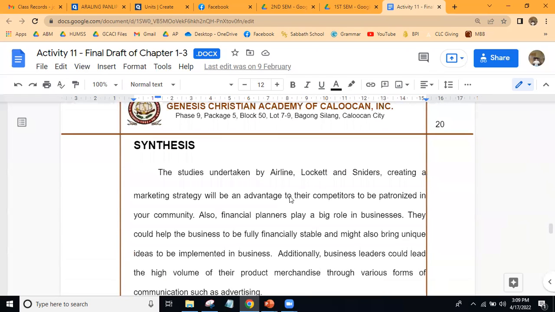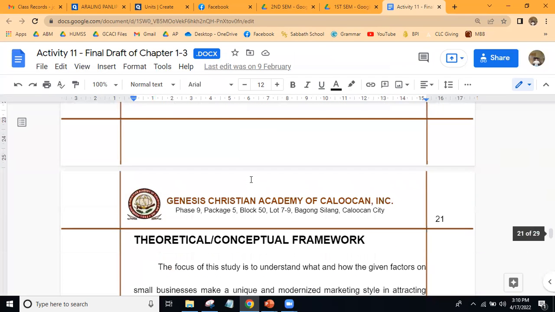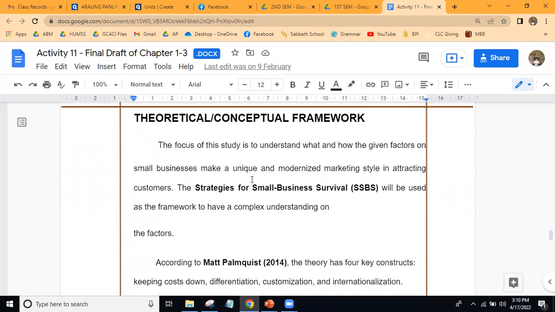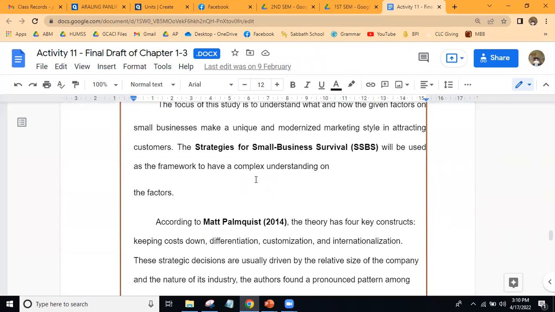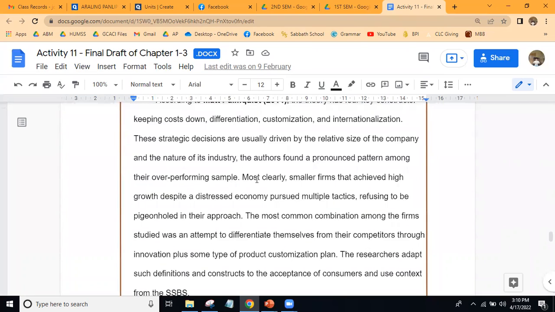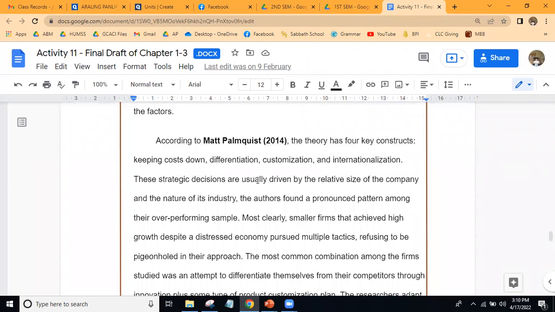But what is their use? It is mostly in the synthesis. We are going to synthesize their study. We will have a comparison, so we know that this is their study, but my study is different from their study, my findings. You will find that out after you conduct the survey. So after the synthesis, here is the theoretical or conceptual framework. In the theoretical, you just choose one theory, maybe one theory related to your topic. So according to